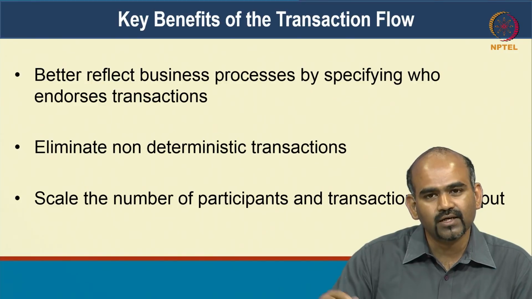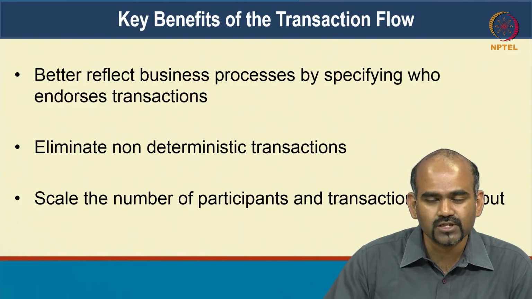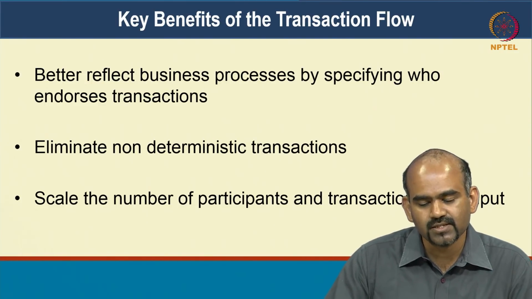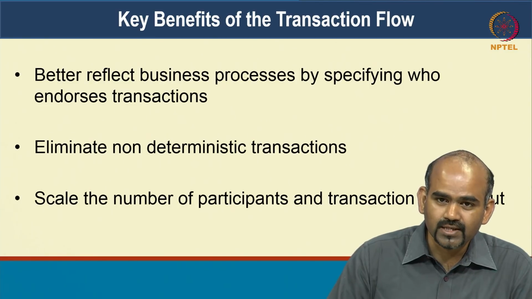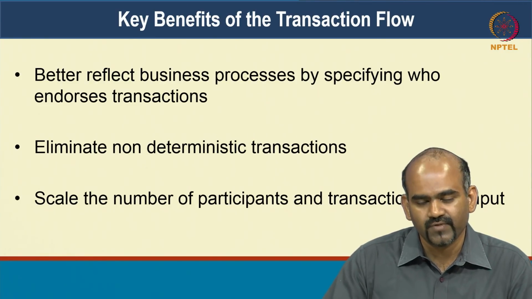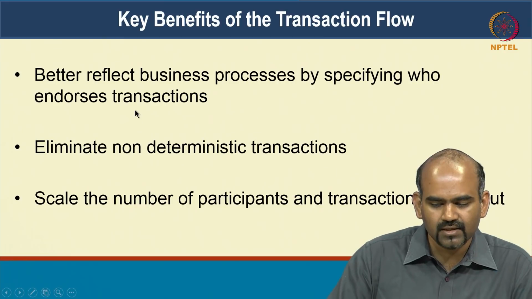So it's order and then execute, the traditional way in which many people have built blockchain applications, whereas in Hyperledger Fabric, for very specific reasons, we took a deviation from that. We do the execution first and then ordering and validation. And some of the reasons are as follows, right?